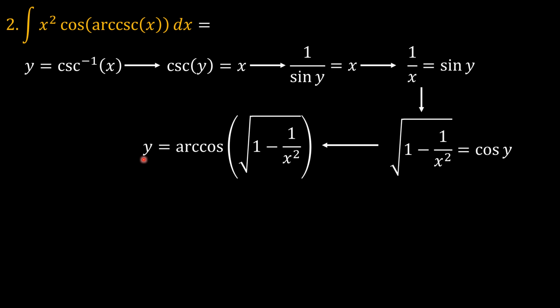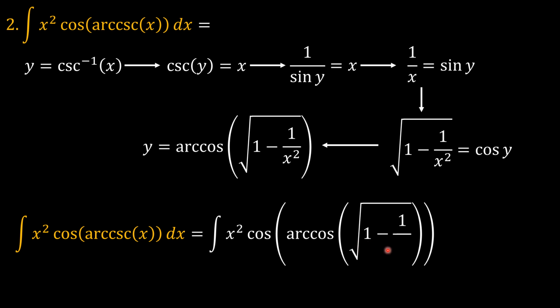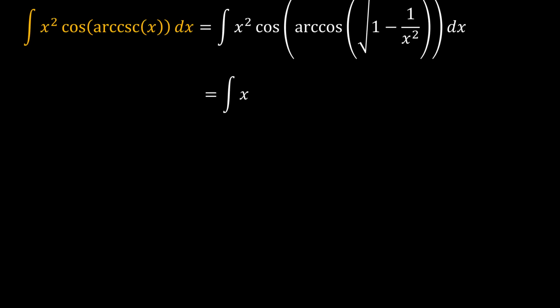And so we can plug back y into this expression. So the indefinite integral of x squared times the cosine of arc cosecant of x is the same as the integral of x squared times the cosine of the arc cosine of the square root of 1 minus 1 over x squared. So the cosine and the arc cosine cancel one another,